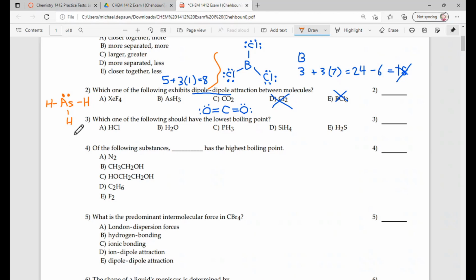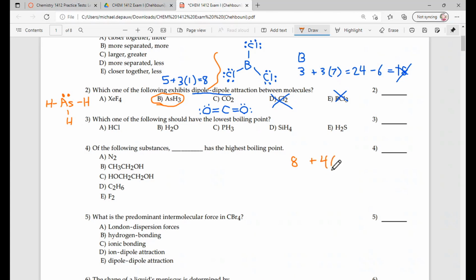So in this case, is this polar or non-polar? It's polar because it has a lone pair, right? So that would mean this has the dipole-dipole. Now, if you started with XeF4, one of the things you notice with XeF4 is that it's 8 plus 4